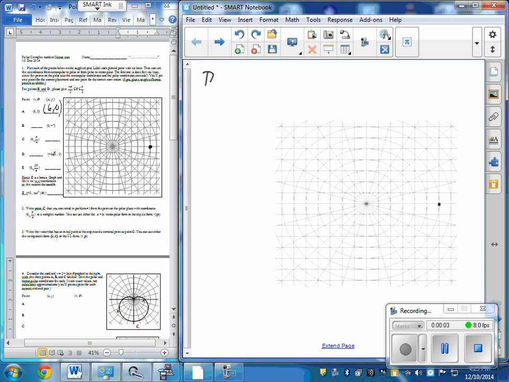Okay, this is our test on complex numbers or polars, complex numbers, and vectors. Okay, so I've got the test here to the left, and the first task we were supposed to do was